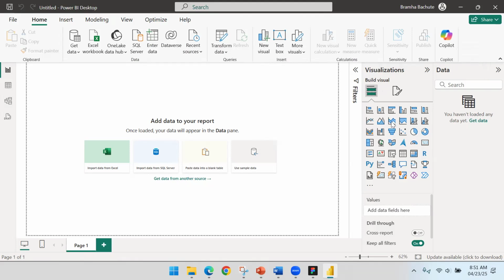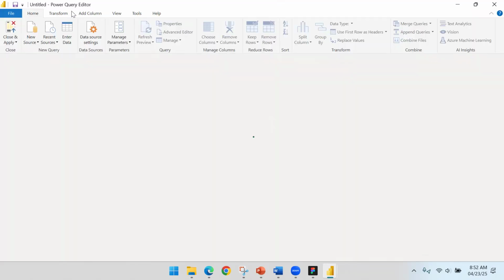So how can we get the data? When you think about making connections with the data sources, obviously sometimes we may have an Excel file, we may have cloud based data sources, we may have SAP, we may have any other type of databases. Every time it is not possible to do coding, right? So what they have done in Power BI is they have added a tool called Power Query,